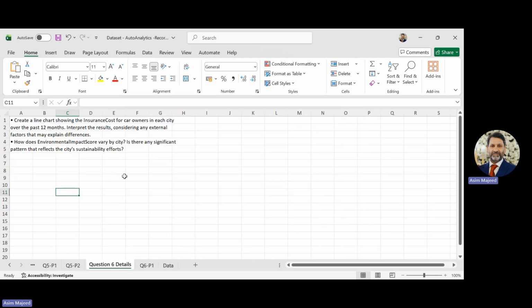If you go back into the detail in here, here we go. We have, how does environmental impact vary by city? Is there any significant pattern that reflects the city's sustainability efforts? Okay, so what we're going to do in this case now is that if you would have read